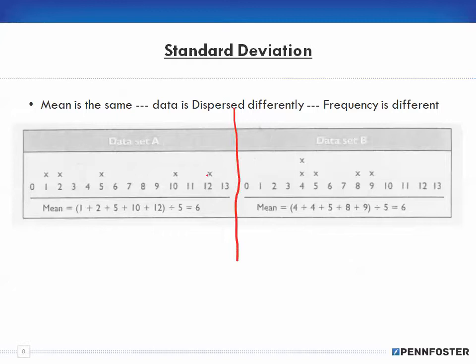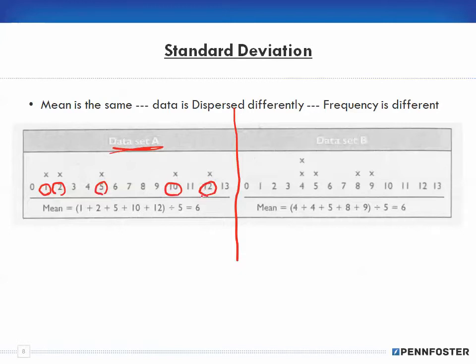In data set A, as you can see, they have from 0 to 13. Those were the possibilities, and you can see that the 1 was used, in frequency, the 2 was used, the 5 was used, the 10 was used, and the